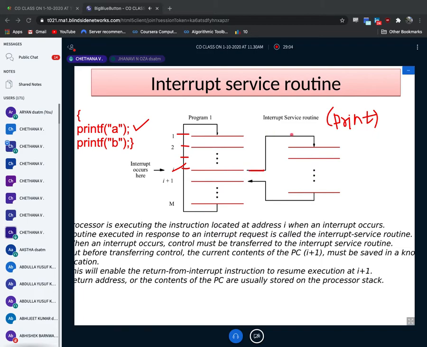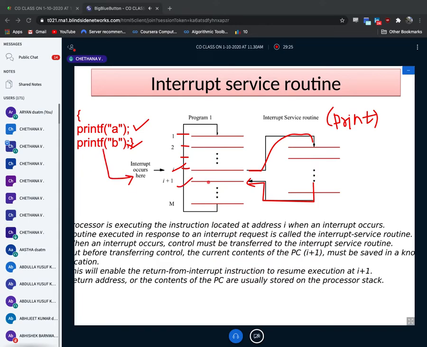It will print A, and after that it will come back. Suppose if it is only A, fine. If there are thousands of words, it will type all 1,000 words on the output screen. Like that, I'll go to the second line. For the second line, what should the processor do? I plus 1. The I plus 1th line is this printf B.